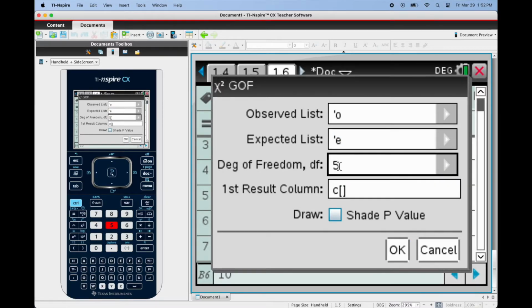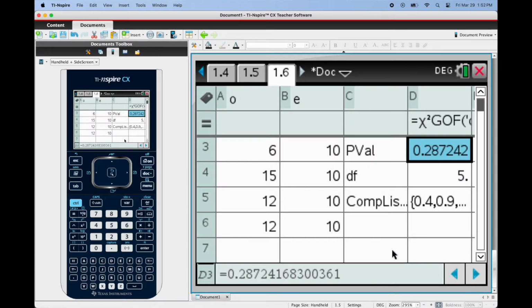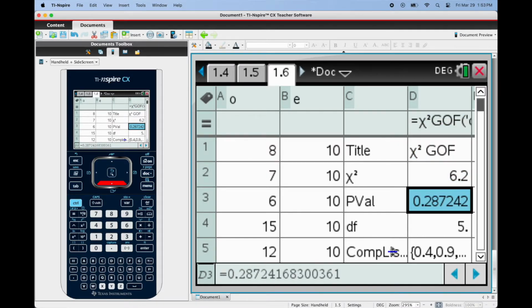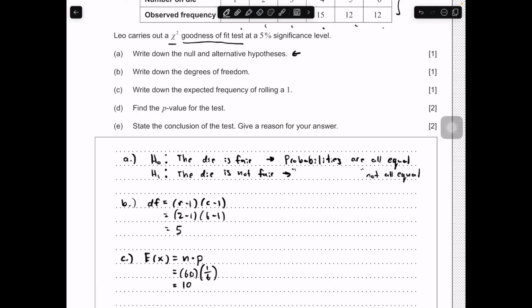Sometimes they'll scaffold, sometimes they won't. And in this case, degrees of freedom is 5. Let's go ahead and find our results. And there it is. Our p-value is equal to 0.2872. So let's go back to the document and write this out. So our p-value is equal to